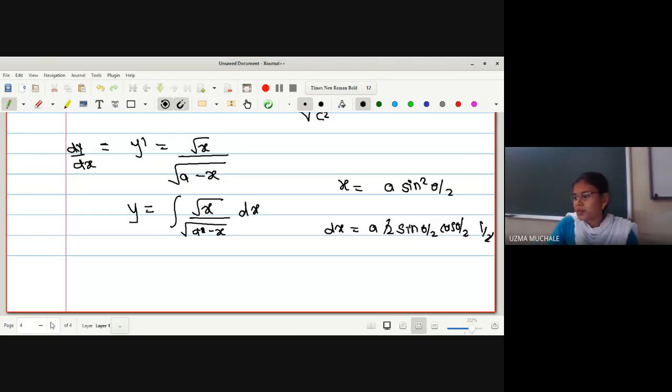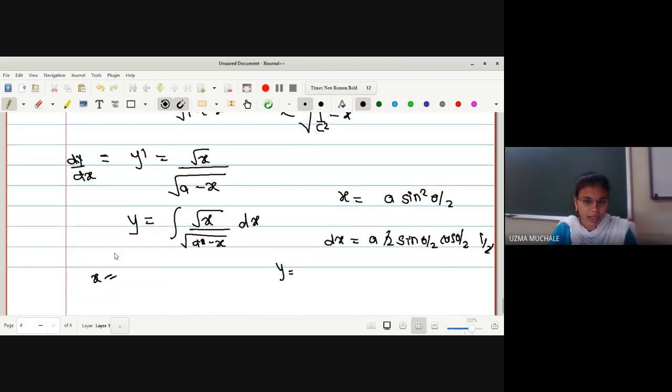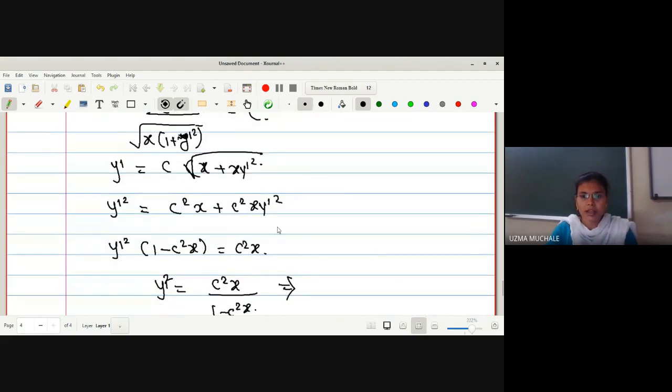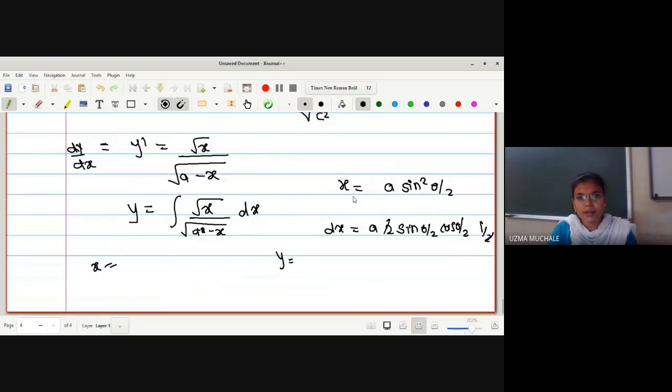If it is a problem, you can solve it at home, and then you can tell me the value of x and y, and then we can conclude that whatever equations we have obtained is a cycloid. Okay, now after completing this, you have to see these things. What is the equation of a cycloid? What is the equation of an asteroid? What is the equation of a catenary? Okay. Next, you have to solve this integration also. Okay.